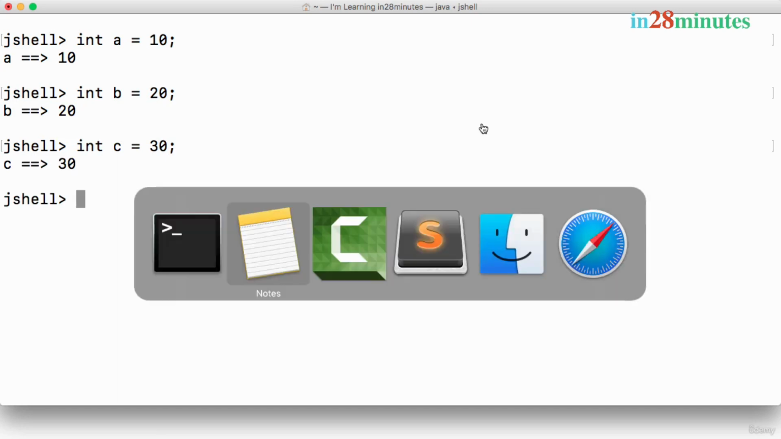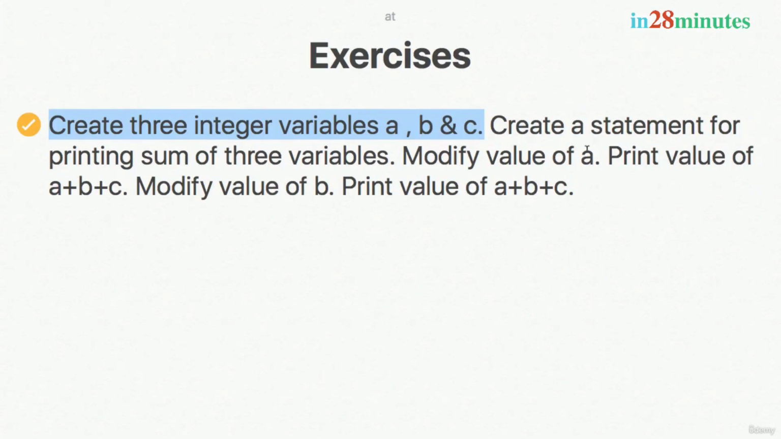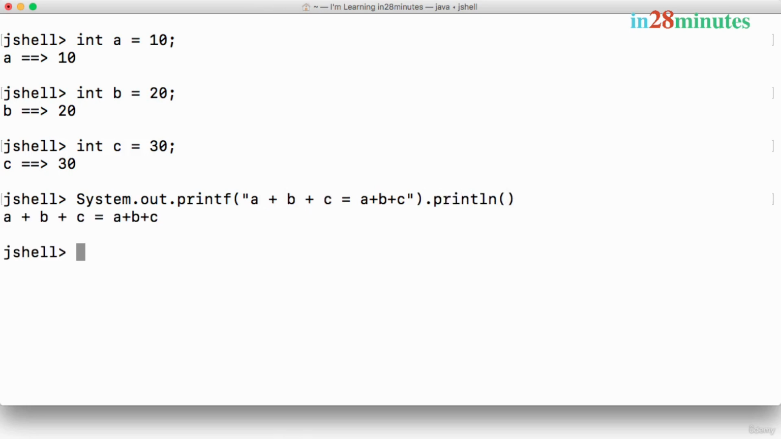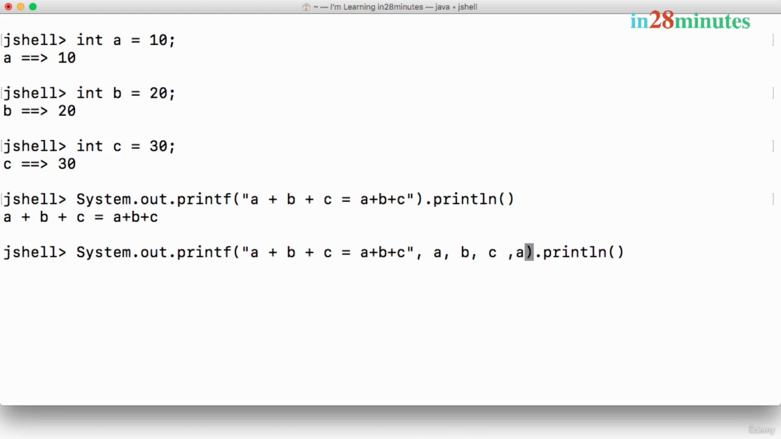And what we would want to do is create a statement for printing the sum of these three variables. So how can I do that? I can say System.out.printf. I can say a plus b plus c is equal to a plus b plus c, right? No, because it would just print as it is. So if I do this dot println, as we discussed earlier, this would just print a plus b plus c. What we would want to print is the values. So I would need to say a, b, c, and a plus b plus c,